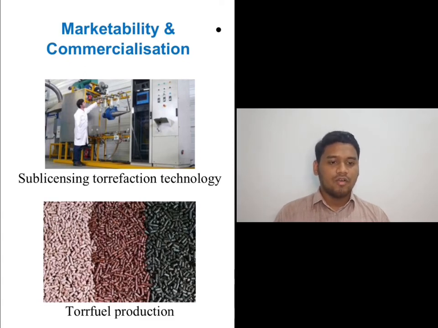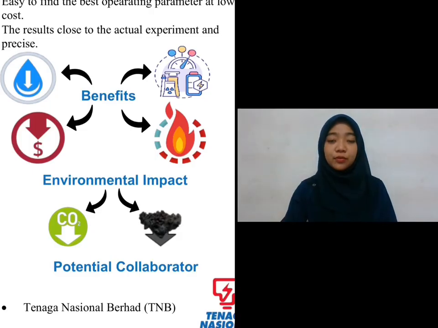In the past year, the global market has shown high growth from 8 million tons per year in 2020 to 30 million tons in 2021. Currently, the European countries are the major consumers of biomass because they target zero emission of carbon dioxide. So we move on to the environmental impact.